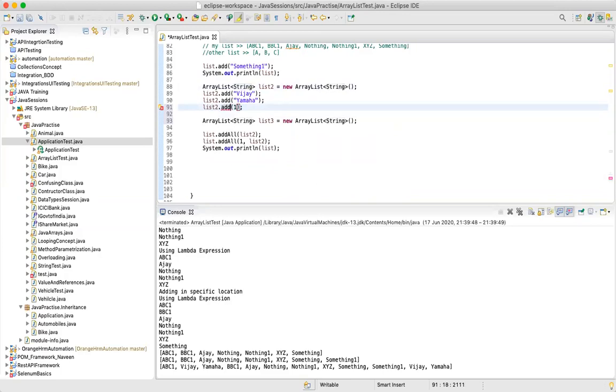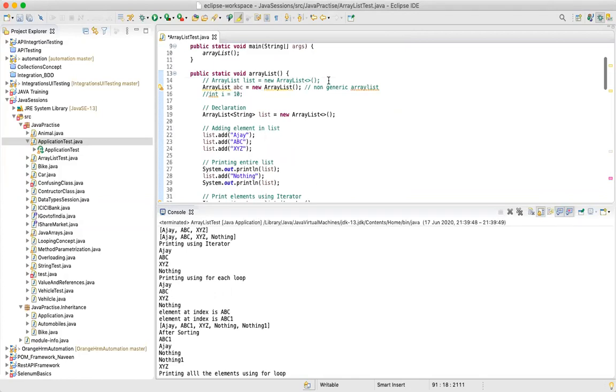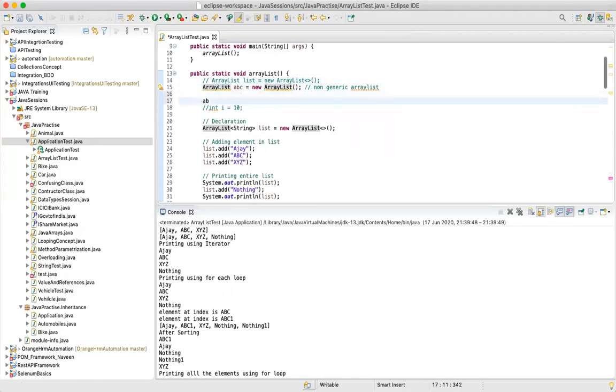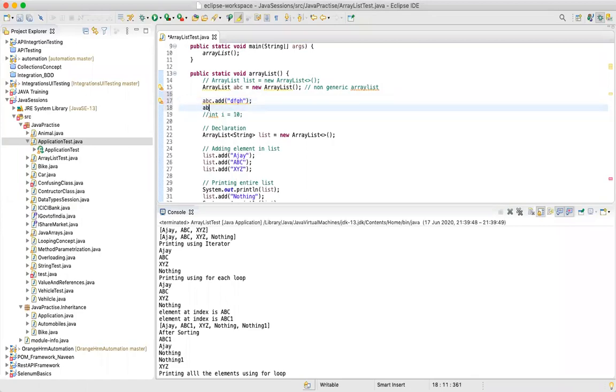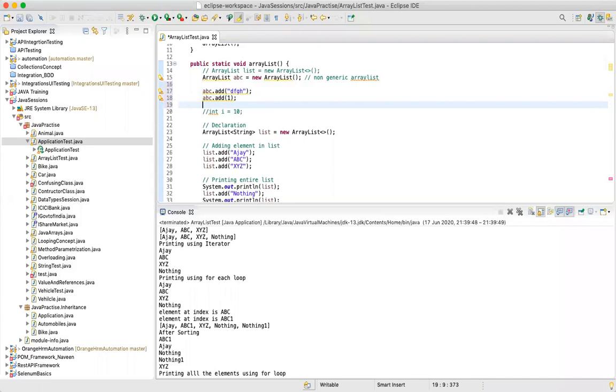While adding, it won't give you an error. If I say abc.add something, it's working fine. And when I say abc.add 1, it's working fine. It's not giving you any issues.